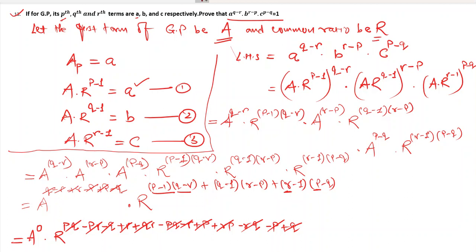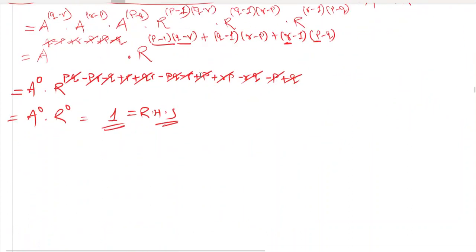After writing the GP, that is the pth term, qth term, and rth term of the GP in terms of A and R, you have to substitute the value of small a, small b, and small c in your LHS of the term which has to be proved, and then simplify. I can only tell that you just have to simplify after that. That's all I can tell. And what I have done here is showed you how to simplify. Please solve it once to get confidence, right?